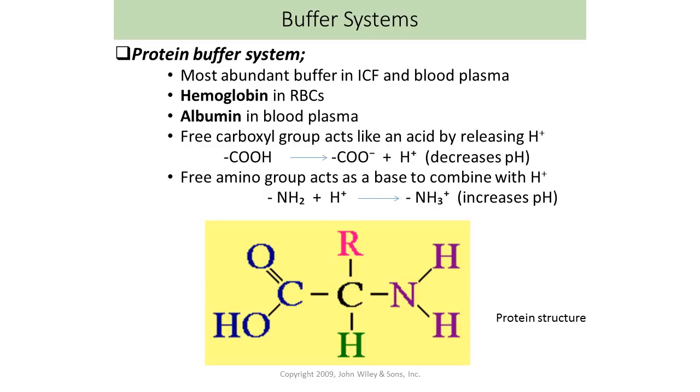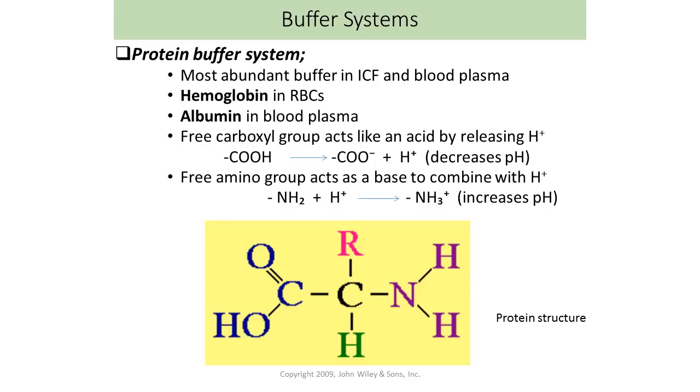So we want to add acidity to the blood to get it back to a homeostatic level. In this case, we can use the hydrogen atom that is associated with the carboxyl group. The hydrogen can dissociate from that carboxyl group and become a free hydrogen ion, or proton, sorry, that will add to the acidity of the fluid that it's in. So in effect, it's going to help to decrease the pH to get you back towards